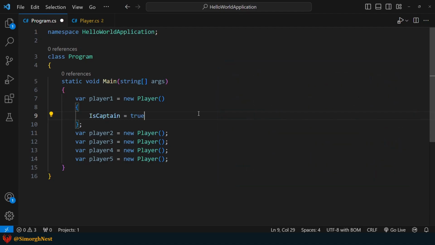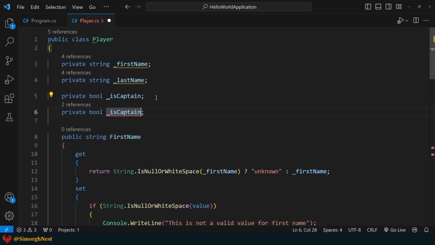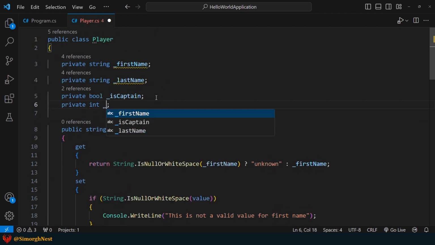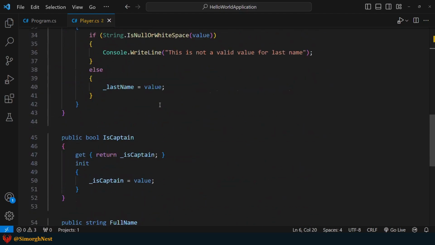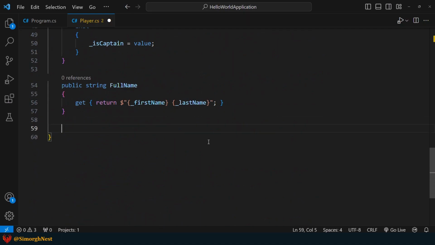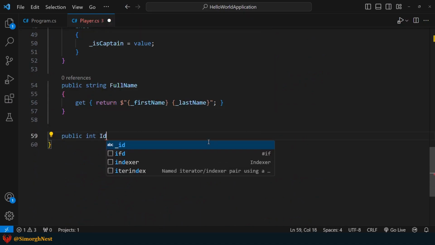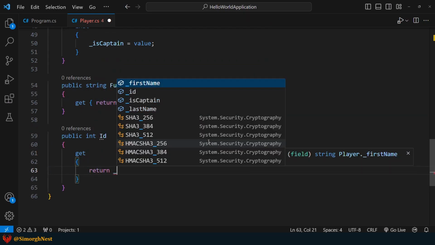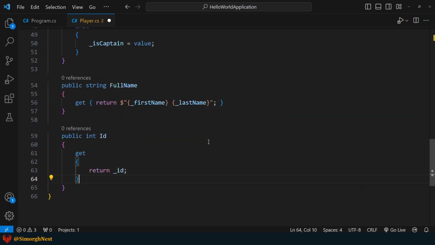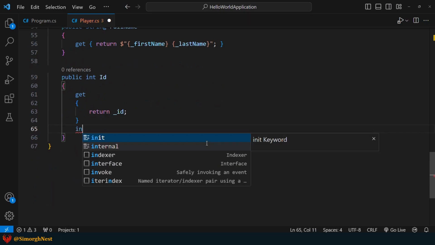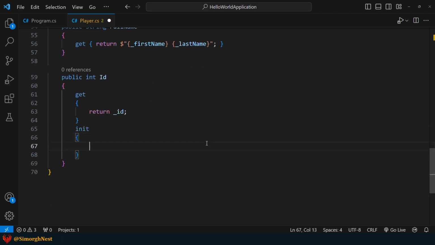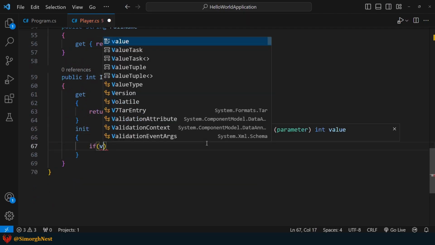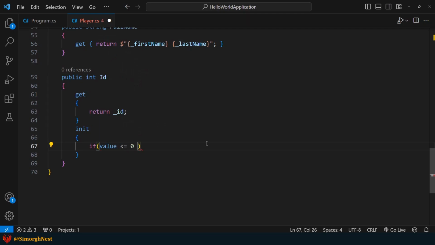Actually, let's declare another init-only property, and also let's add some validation to the assigned value. In the init block, let's check if the value is equal to or less than 0.